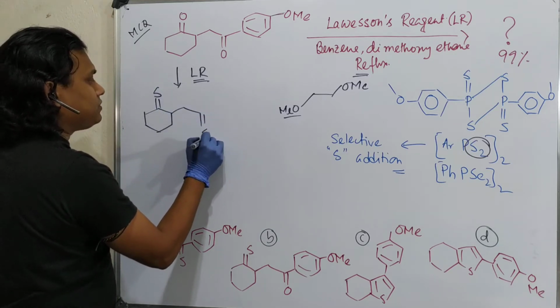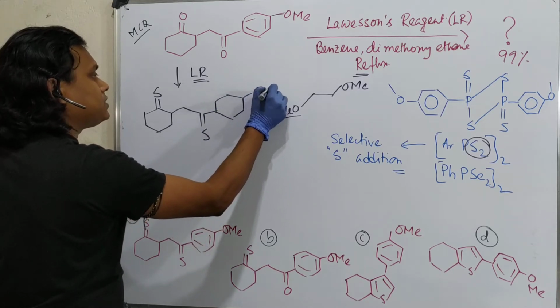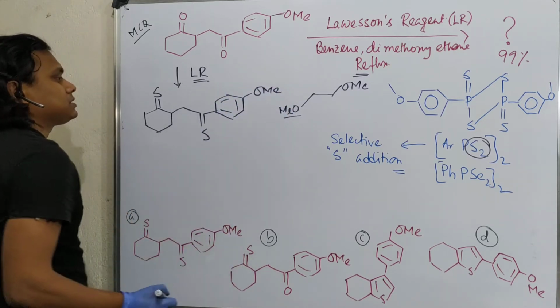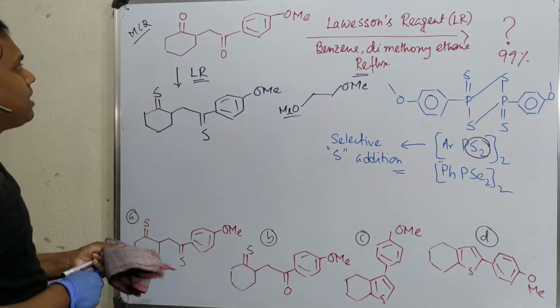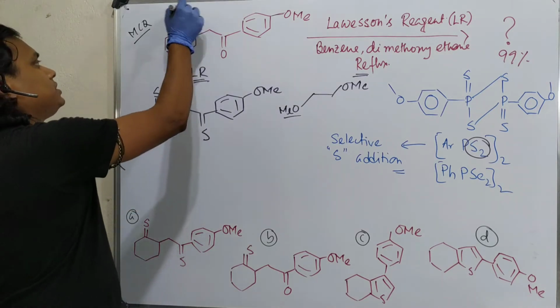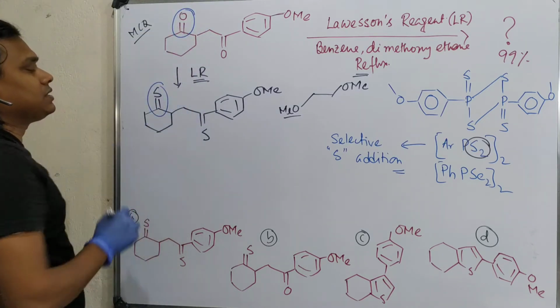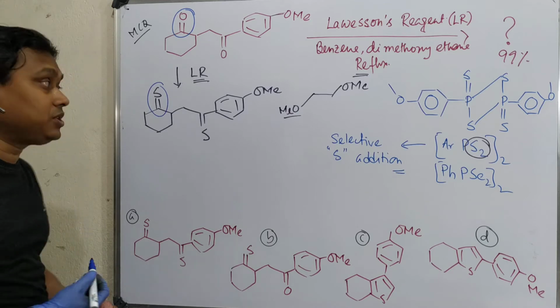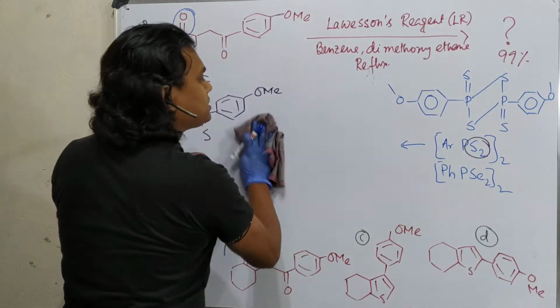I am not giving a detailed mechanism because I have already uploaded a lecture on it. Please visit it if you want to learn further. What is the driving force for this reaction? See what actually happens: the carbon-oxygen bond, which is stable, is converted into the relatively unstable C=S bond. Why does this reaction occur? Because along with this, some other product is produced. What is that other product?